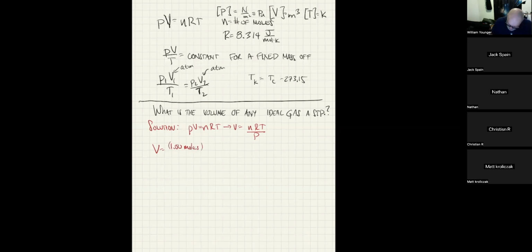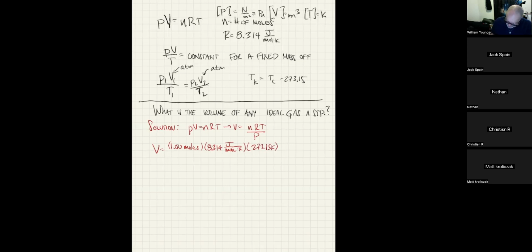times 8.314 joules per mole Kelvin times the standard pressure, by the way, is 1 atmosphere, which is 1.013 times 10 to the 5th Pascal. And the standard temperature is 0 Celsius, which is 273.15 Kelvin. So you can see clearly the moles cancel out with the mole in the bottom, and the